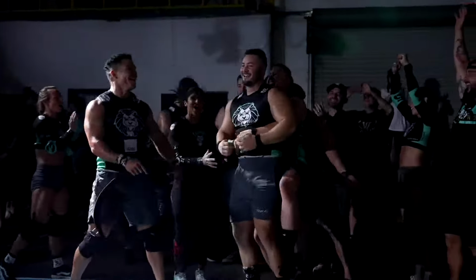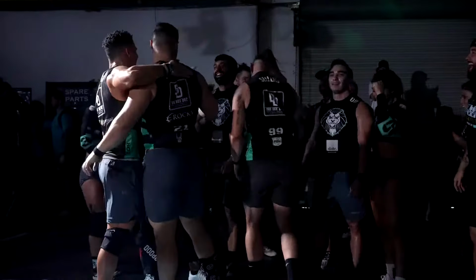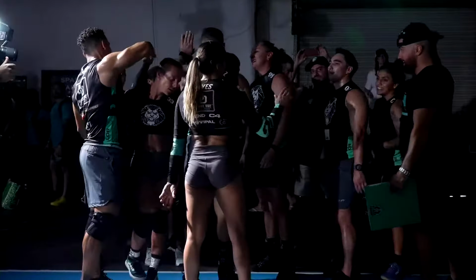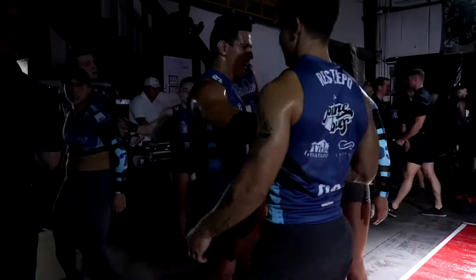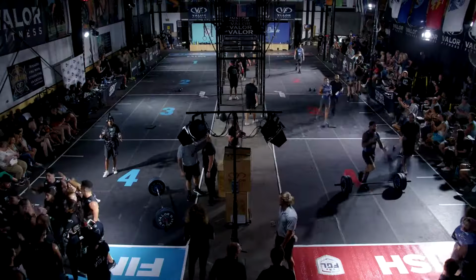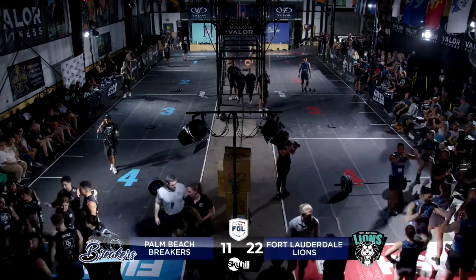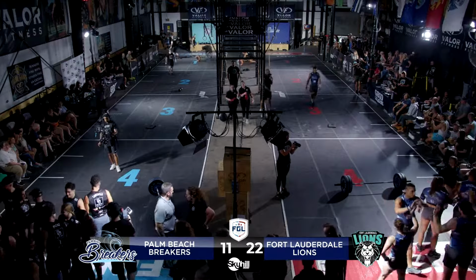with a final score of 22-11. As Brousseau crosses the finish line, and the Palm Beach Breakers will take their 1 point. But the Lions will go to 3-1. They're going to stand atop the Southern Conference. The Breakers